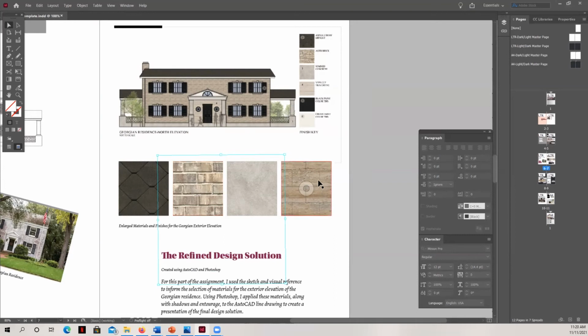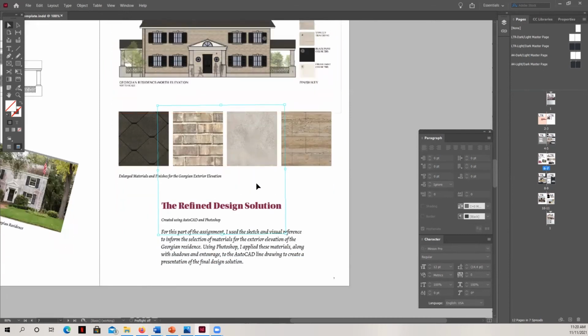So this is a very subtle design element and something to think about when you're laying out your swatches in your portfolio. Because once again, we as designers always want to convey the fact that we're detail oriented, and this is the kind of detail that we're talking about. And so that's a really important thing to focus on when you're adjusting the alignment and the orientation of swatches and images within your InDesign template.